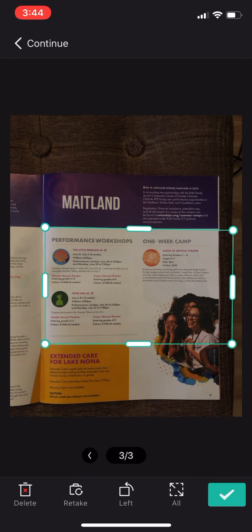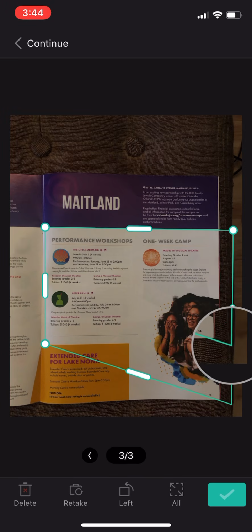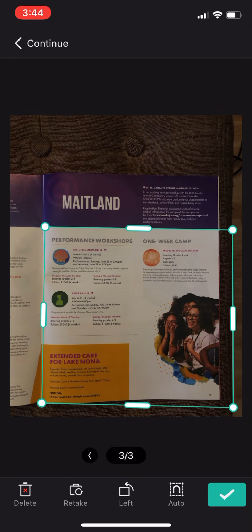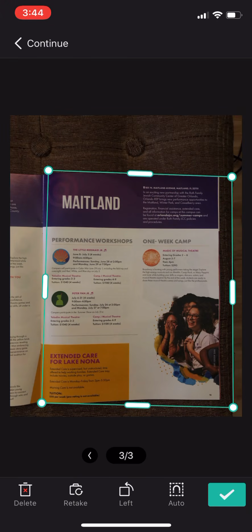And CamScanner tries to auto-correct and auto-crop. I'm going to drag, let's say, the bottom right-hand corner and fix the issue of CamScanner not really doing a very good job here. So I can adjust the photo here. You can even see in the very bottom row, I can turn the picture left. I can retake the picture if I don't like this option.